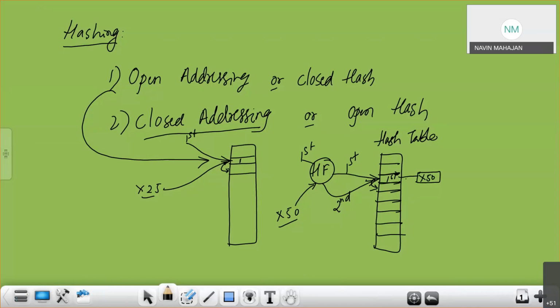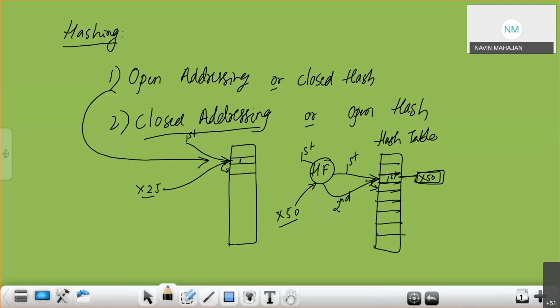This is called chaining, and this happens in closed addressing, or we call open hash. After applying a hash function, if two keys are colliding or pointing to the same location, the first number is stored there, and the second number is stored into the same location with a pointer of the first address.